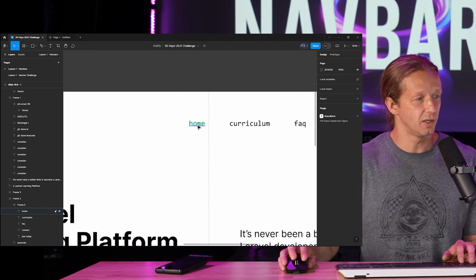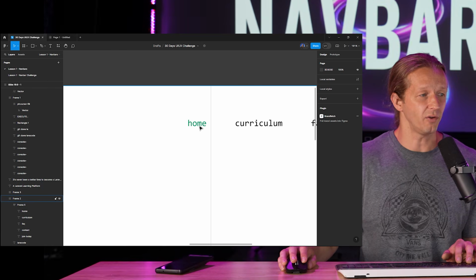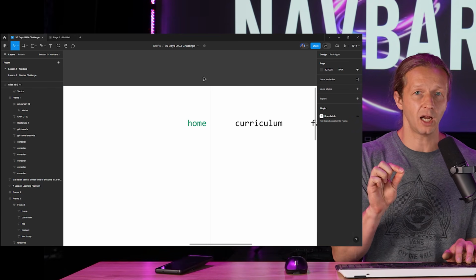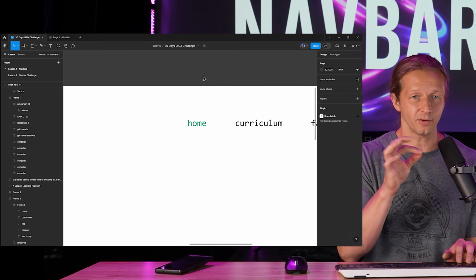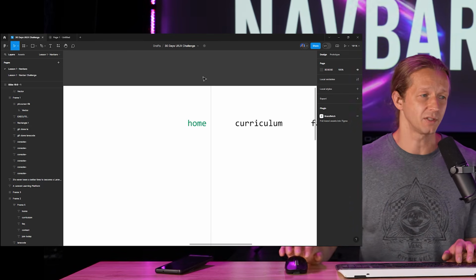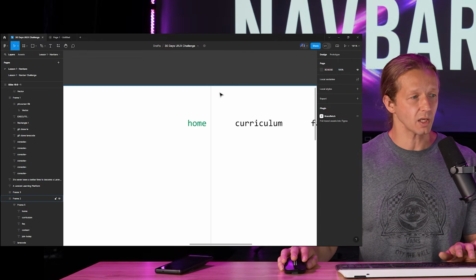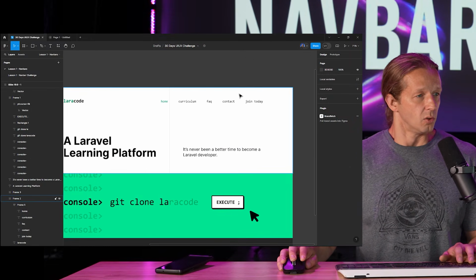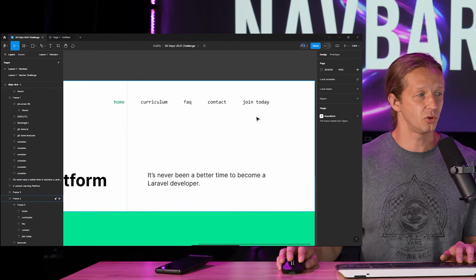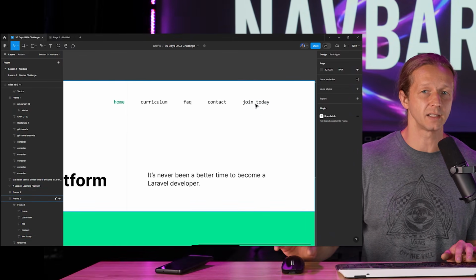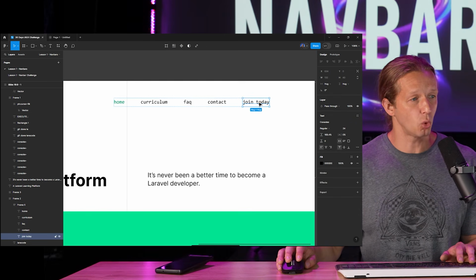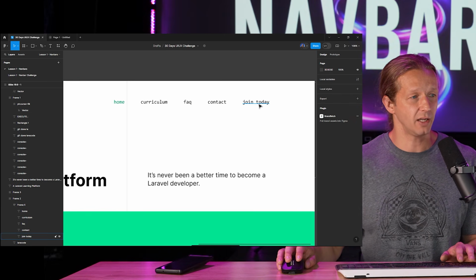And this right here lets the user know that this is the currently active page. Now you could also do this by adding an underline or a little icon or a little circle next to it. There's a lot of different ways to designate the active state. Okay, now that we have that, does it make sense anywhere else, in your opinion, to emphasize or style any of these links differently? Well, I would say yes, and that is the join today,